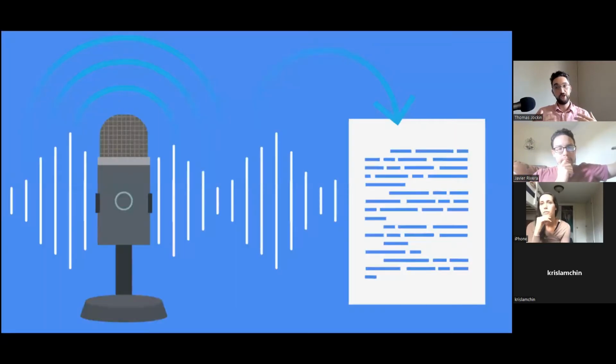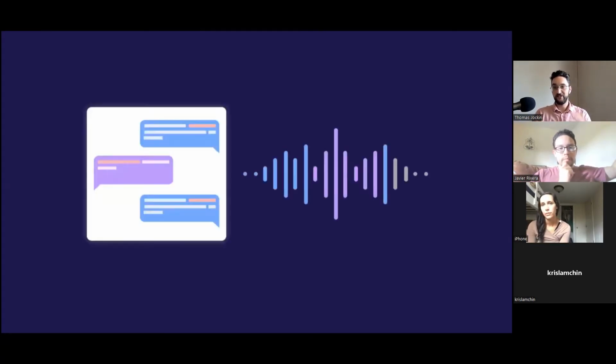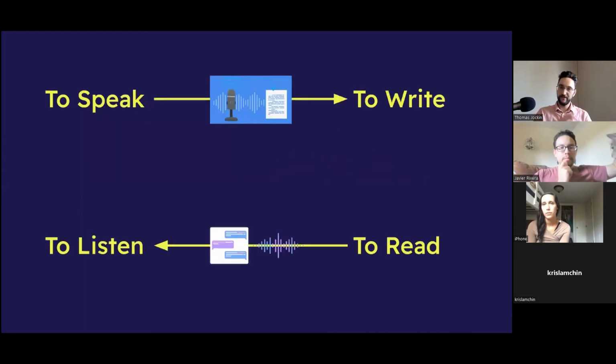Well, generally, a lot of technology innovations have been mostly focused on bridging the sideway gaps. So, for example, speech to text converts my speaking out loud to a transcription of text, and text to speech does the opposite. It converts a piece of text to speech. So they do this correspondence, if you notice, kind of laterally in this diagram. So from speaking to writing, or from reading to listening, we're able to kind of bypass certain activities. It's not introducing anything new per se, but kind of removing some of the frictions in these interactions of information.